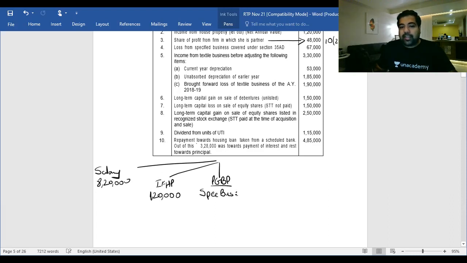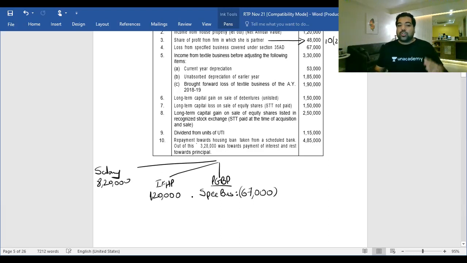In my blood bank example, guys, this is unique blood. Basically means that this loss, you will only need the same kind of profits to be set off. So this one is very, very unique blood. Again, saying that if you have specified business income, then you can set this off. Otherwise, you will have to carry it forward and wait for other specified business income to arise in the next years. But the carry forward is unlimited in this case. So this is a loss.